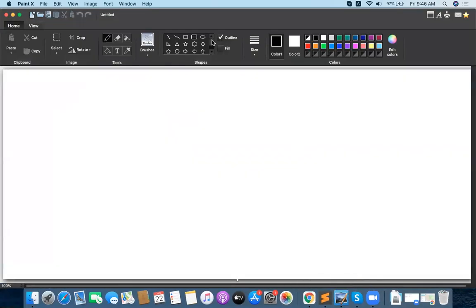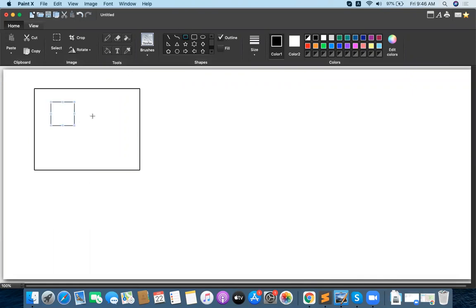What is the first case? The first case is very simple. The image file and HTML file are both in the same folder. This is the image file, suppose, and this is the HTML file. Both are in the same folder.